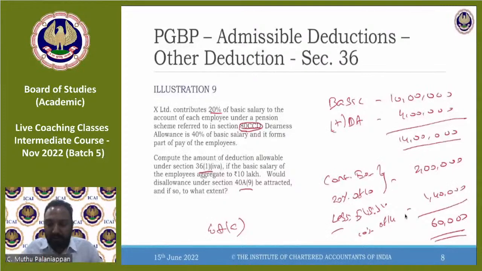Rekha asks: if the business is not commenced by the assessee but purchased from someone else, then can we claim it under 37 as revenue expenditure? See, the preliminary expenses that we are talking about are only when you are commencing the business. It is not when you are acquiring the business. So it is only relating to before commencement.